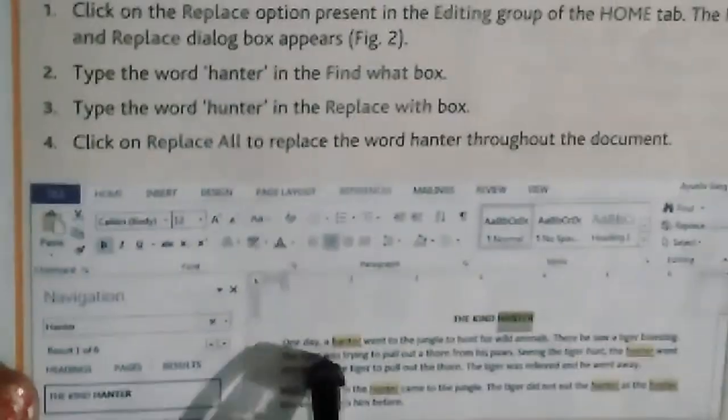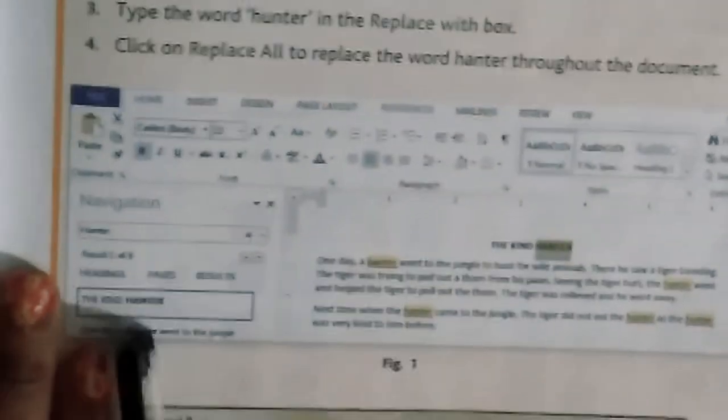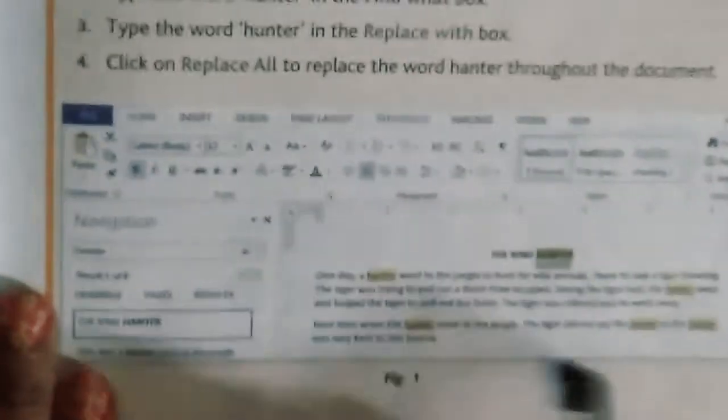Okay, so here you have to find where, in this long paragraph you have already written in the document, in many places you have used it as hunter, Hunter, hunter. To find those out, you use the find option. You have written the kind hunter here, and you want to find where you have written hunter in the whole document.